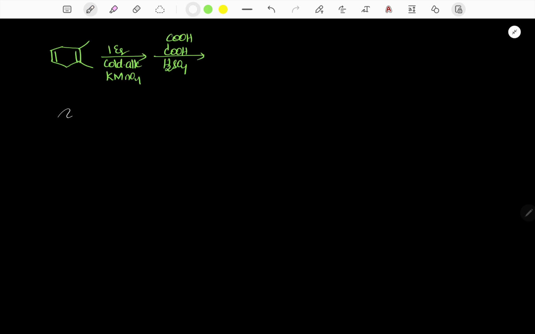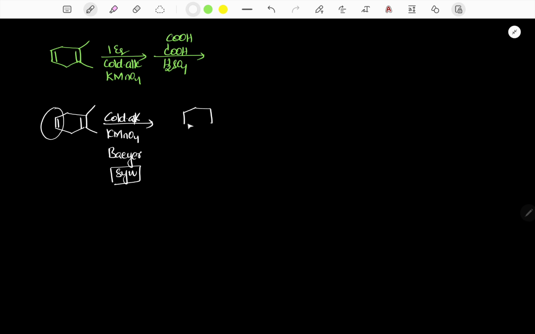Okay. Now the reactant has two pi bonds, two alkenes. Now it is treated with the Bayer's reagent called alkaline KMnO4. It is a Bayer's reagent and it follows syn hydroxylation. Therefore, because of syn hydroxylation, the less sterically hindered alkene will be oxidized,